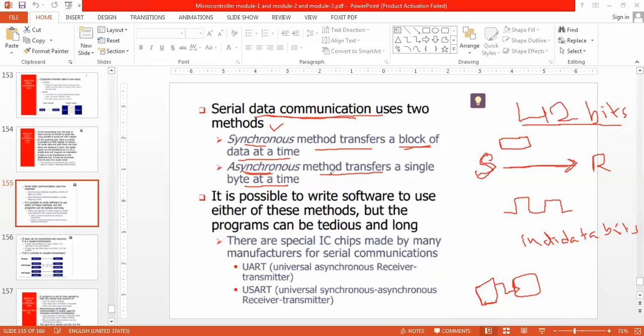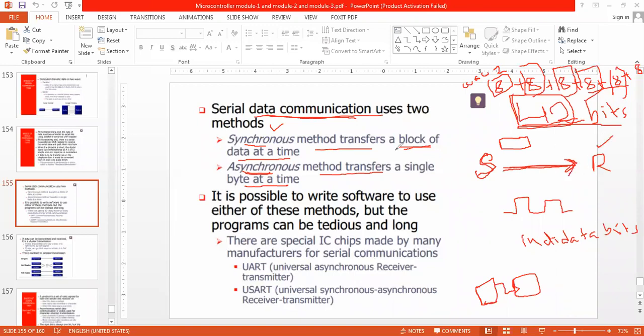If I am using asynchronous, it will divide the 42 bits into 8 bits plus 8 bits plus 8 bits and so on. Out of the last 8 bits, only 2 bits are used and the rest are zeros. So the 42 bits are divided into bytes of data, and these are sent upon the wire through a modem to the receiver. That is asynchronous.